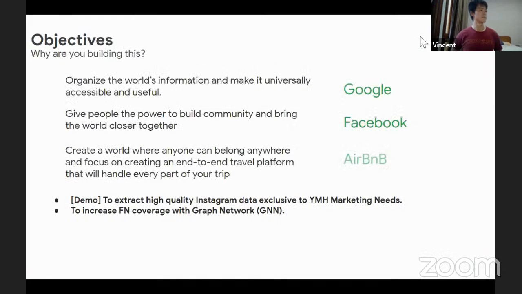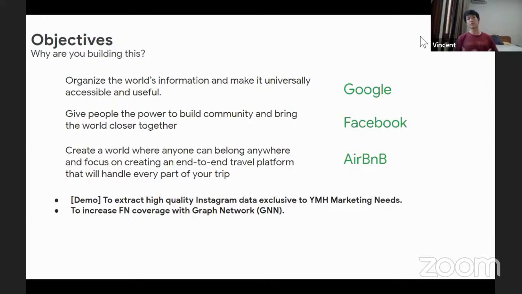The very first thing that we talk about is the objective. If you take a look here, there are companies and sentences about their vision and mission. Google is to organize the world's information. Facebook gives people the power to build, and Airbnb is there too. You notice that the shorter it is, the more powerful it is. So for the objective,